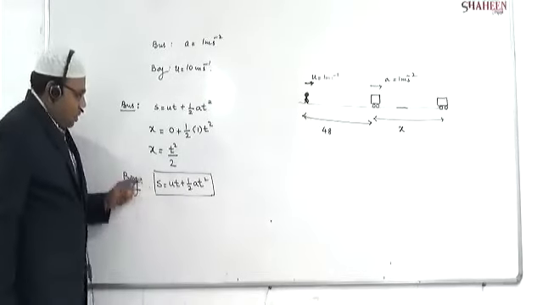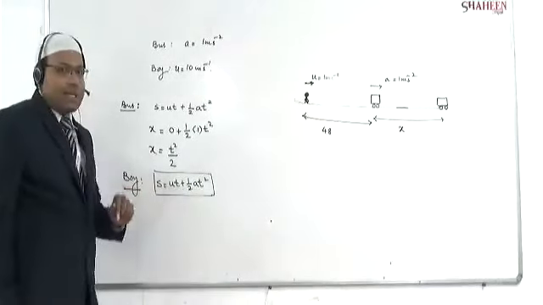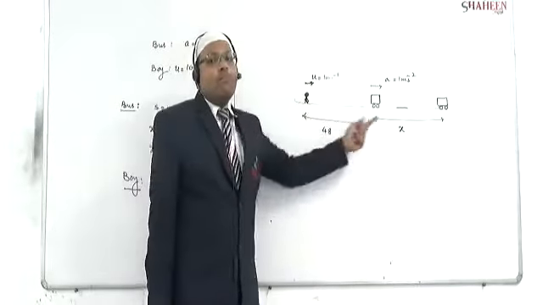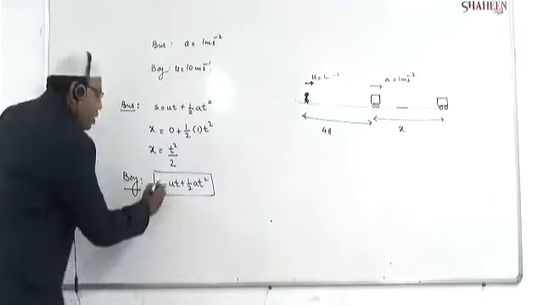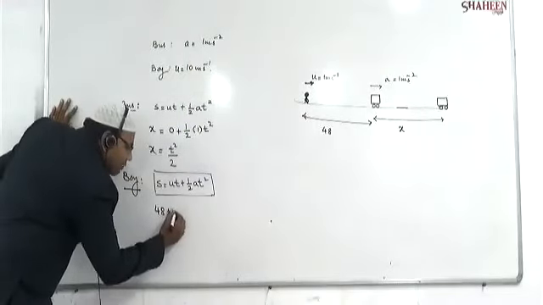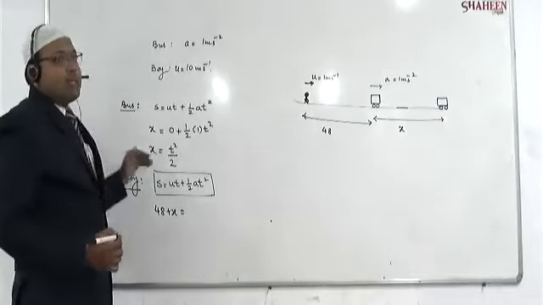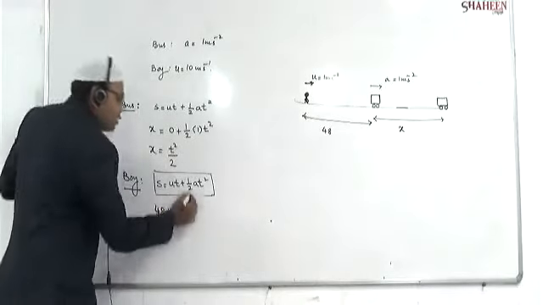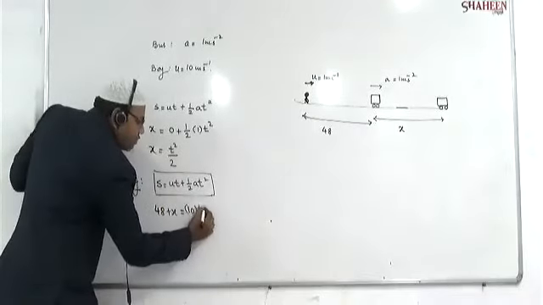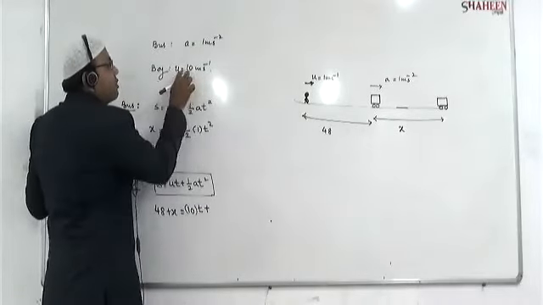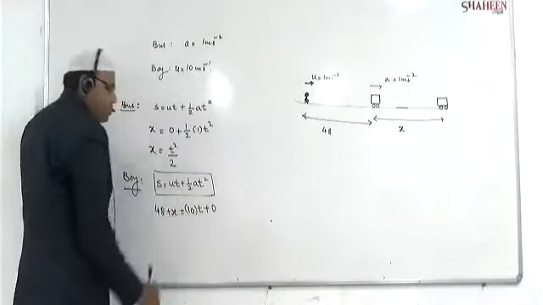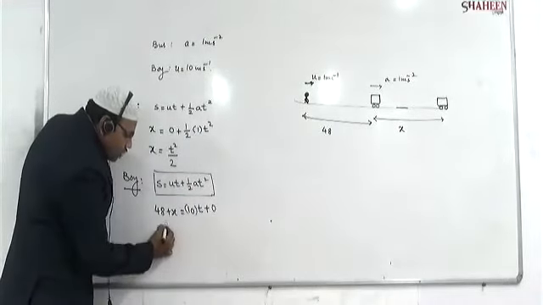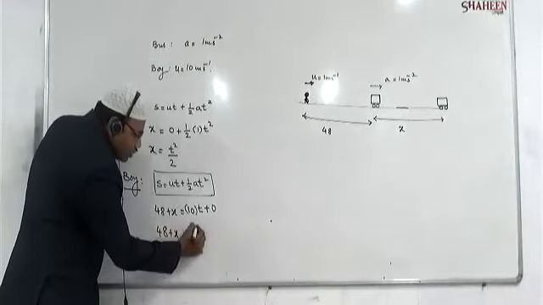ठीक है. Now for the boy, s equals ut plus half at square. जब बात करेंगे आप, for the boy how much distance it has to travel, 48 plus x it has to travel. So this is 48 plus x equals, now this boy is moving with uniform velocity, acceleration is not there, so यहाँ पे velocity कितना है देखिए बेटा, 10 into time t, but acceleration, is there any acceleration? No, that is 0. a is 0, 0 into something is 0. So what we are getting here is 48 plus x equals 10t.